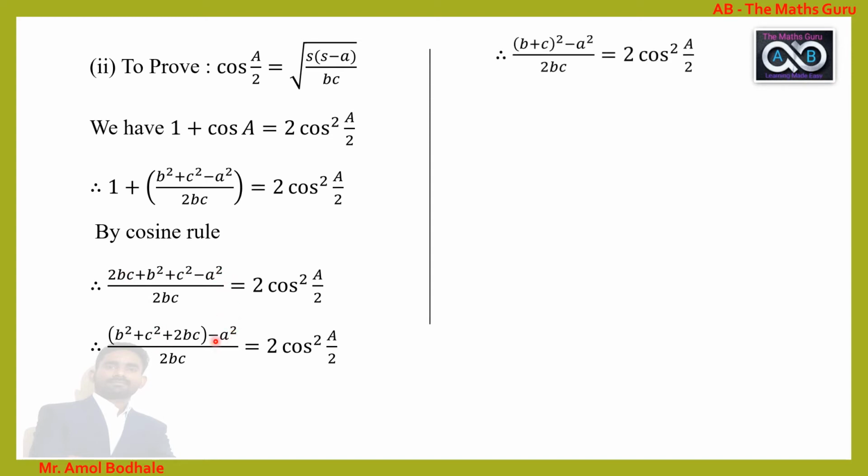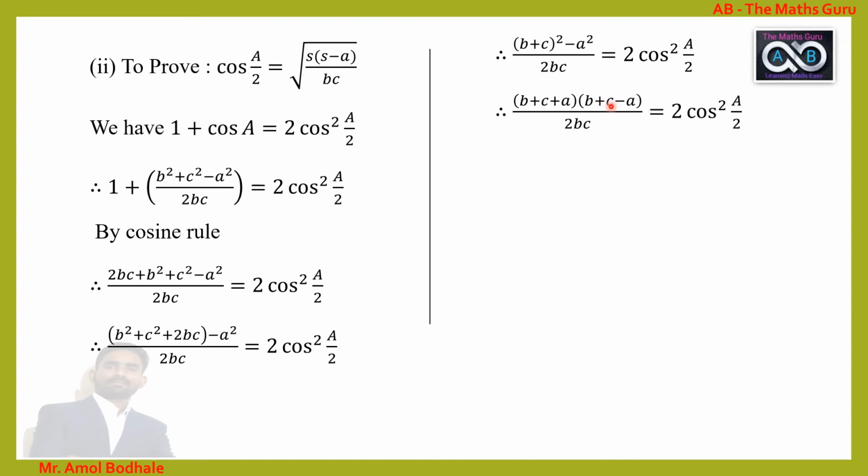Now this b square plus c square plus 2bc can be written as (b plus c) whole square minus a square upon 2bc, equal to 2 cos square A by 2. Now this is again in some standard form, x square minus y square. This can be replaced by (x minus y) and (x plus y). So therefore here we can write b plus c plus a in one bracket and b plus c minus a in another bracket. So here again the first term is a plus b plus c exactly, but in the second term